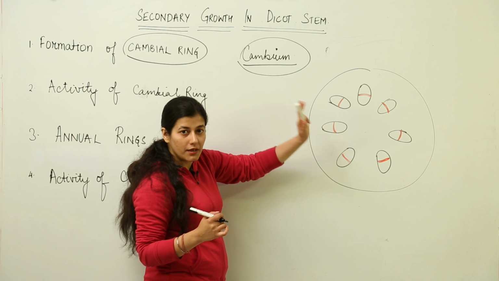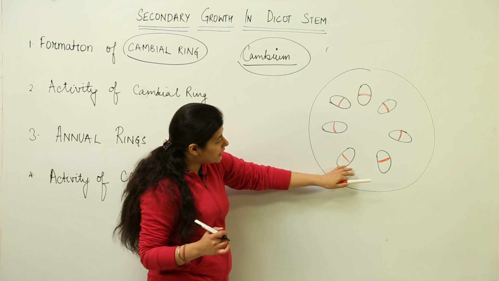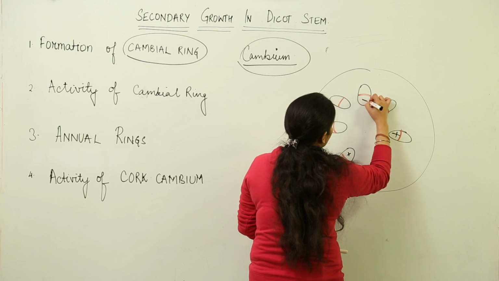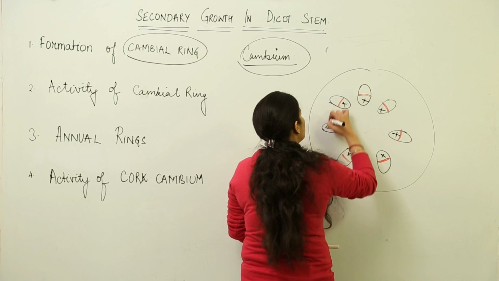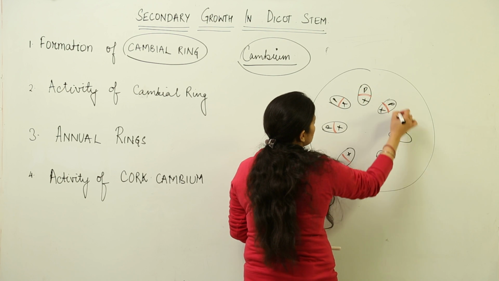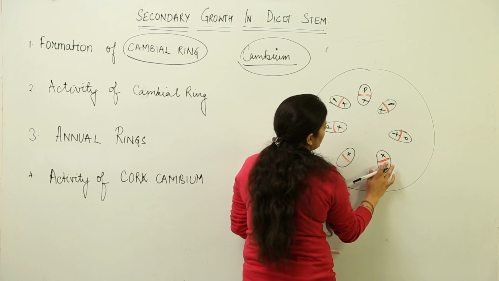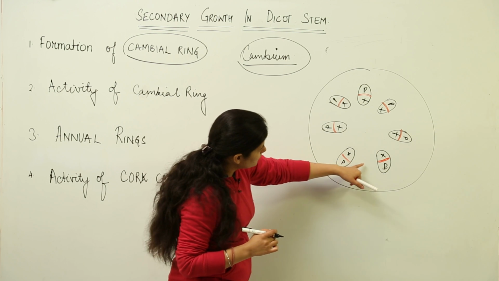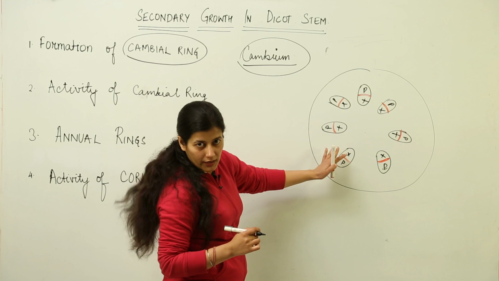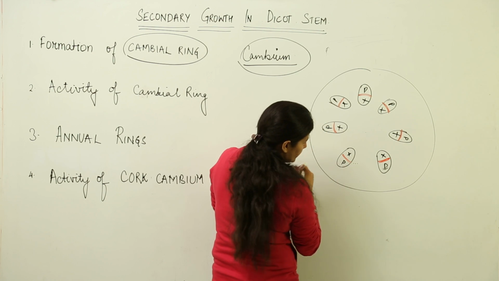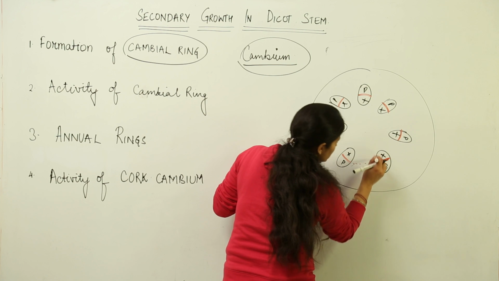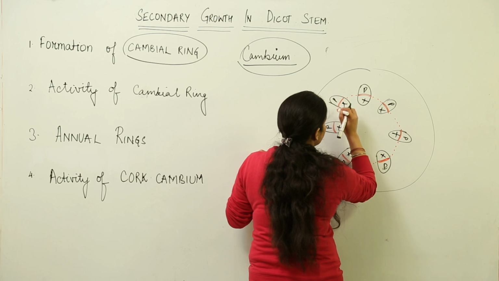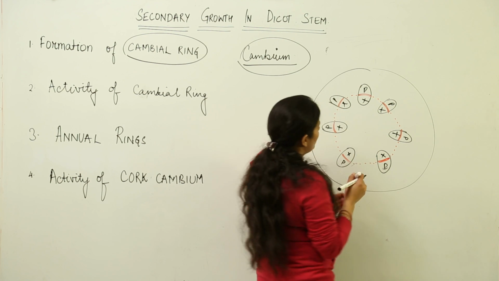Alright, this cambium is primary meristem, meristematic tissue. These are the vascular bundles. Here we have xylem towards inside, X represents the xylem, and we have phloem. So this forms the open conjoint vascular bundle in a dicot stem. Now this part, as you can see, would form a ring in case this part is joined. In case it is joined, then we can arrive at the stage where we have formation of